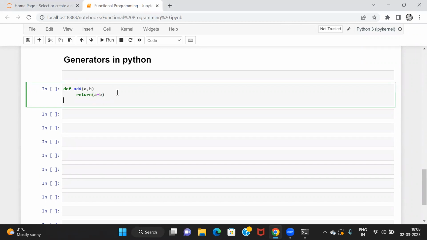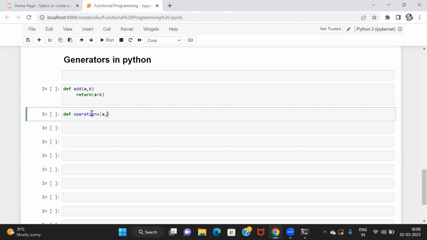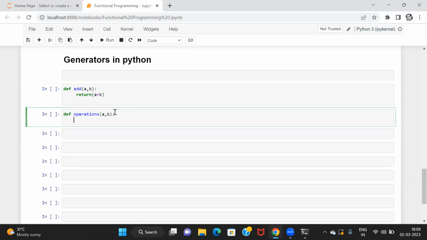But if I want to write a function such that it will return all the operations like addition, subtraction, multiplication, division in a single function, can I use return? Let us see. Let's write operations. It will take two inputs, and it will return